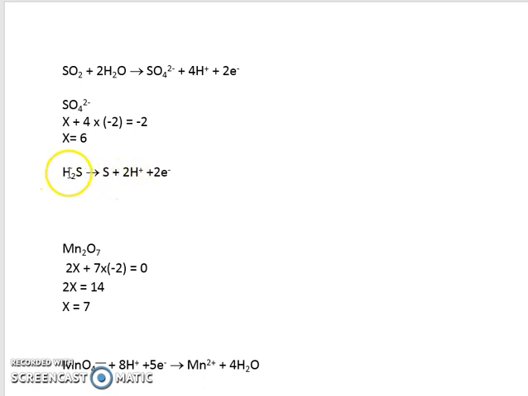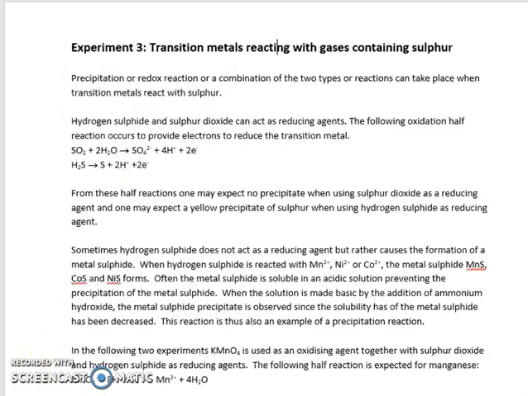In this half reaction, we have a change in oxidation state, which means we have a redox reaction, and we have a soluble gas forming an insoluble product, which is your sulfur. So it will also be a precipitation reaction. As you can read here, you expect a yellow precipitate of sulfur when using hydrogen sulfide as your reducing agent. Now, sometimes hydrogen sulfide does not act as a reducing agent, but rather causes the formation of a